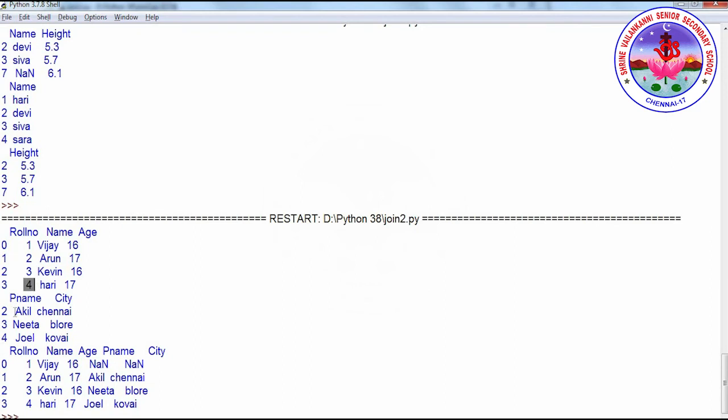The roll number is compared. In the previous cases, the row index was compared. That's the difference, and that is the use of the on parameter. The on parameter checks one particular column's value against the second data frame's row index. We have the result, and non-matching values as usual are NaN.